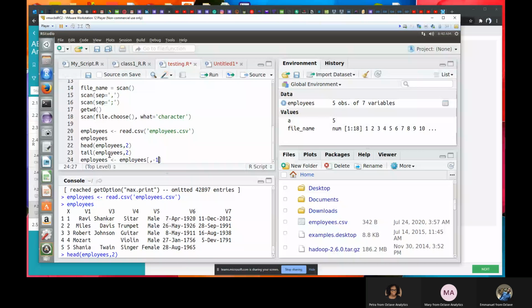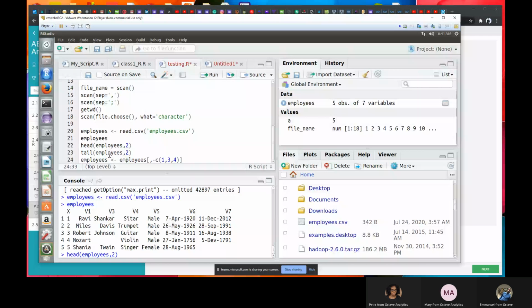Do you understand? So I put a -1, it means I want to exclude the first column. I want to select the rows excluding the first column. But if I want to exclude maybe 2 or 3 columns, then I have to put it in a vector. So I'll now put minus, then I'll use the combine function and put the index I want to exclude. Say if I want to exclude the first, third, and fourth column, then I can do this. So this is going to exclude the first, third, and the fourth column.